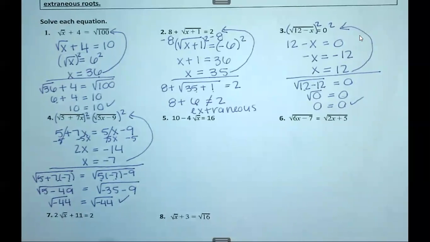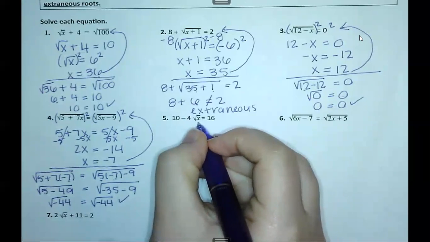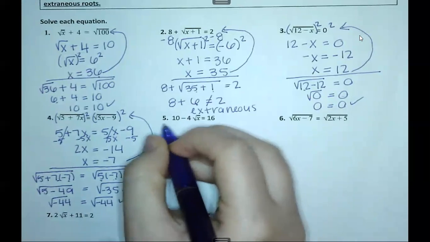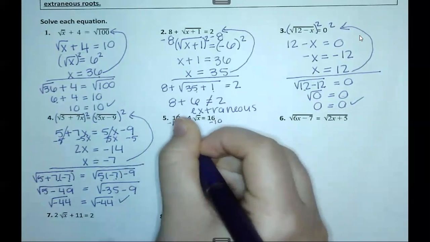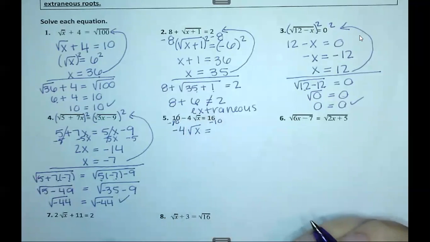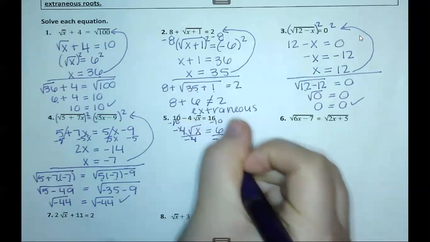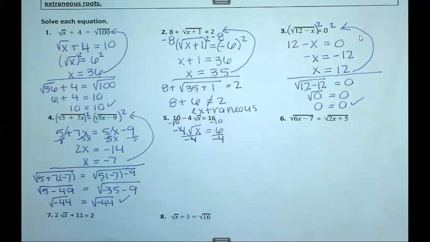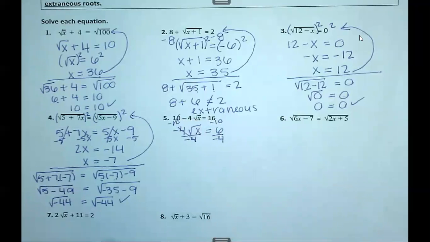All right, number 5. So the first thing we need to do is get this radical by itself. So I'm going to move the 10. I'll subtract 10 from both sides. And I would now have -4 square root of x equals 16 minus 10, which is going to give us 6. And I would then divide by -4. All right, so now I have the square root of x equals 6 over -4, and I want to get